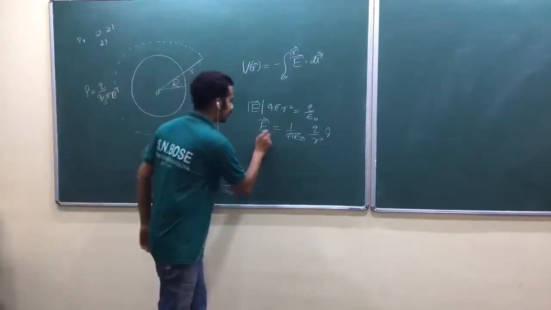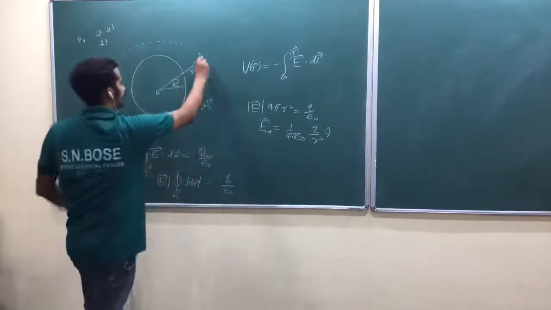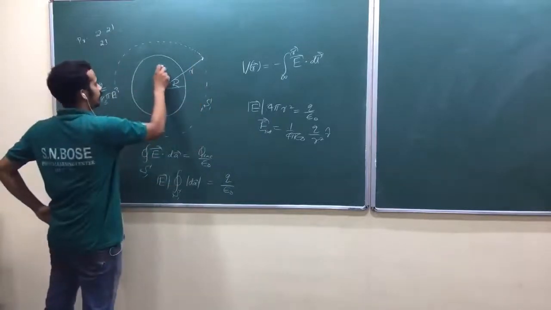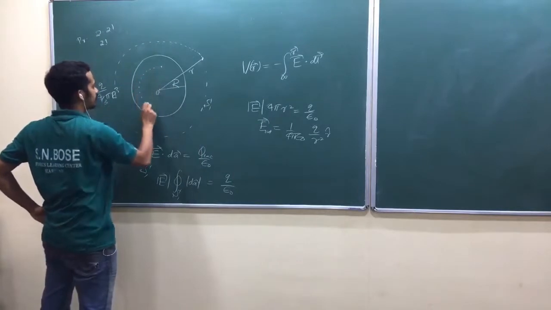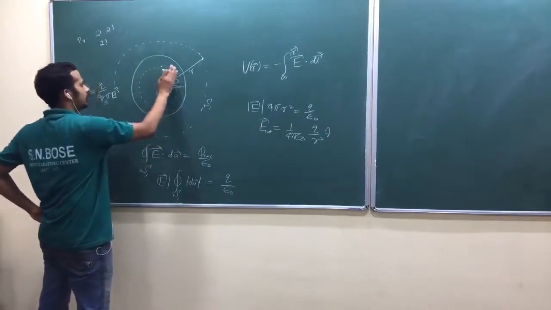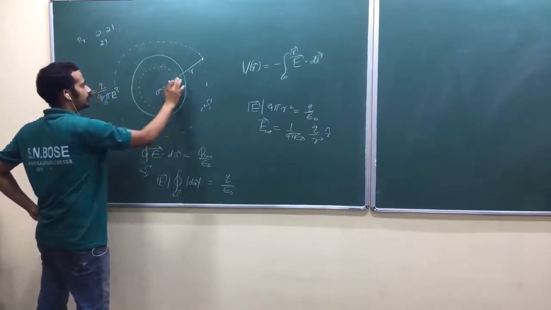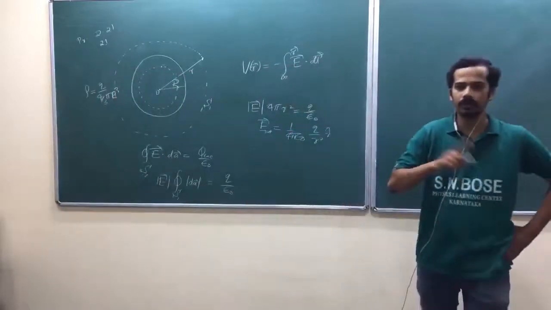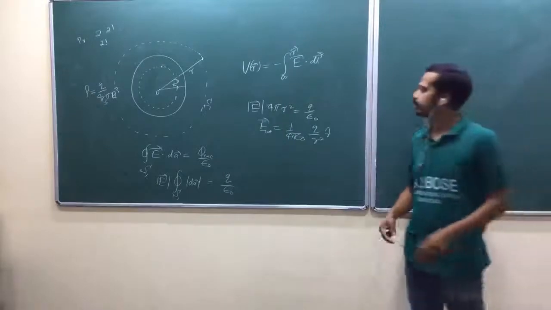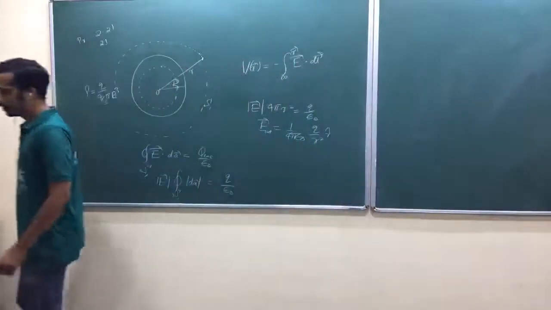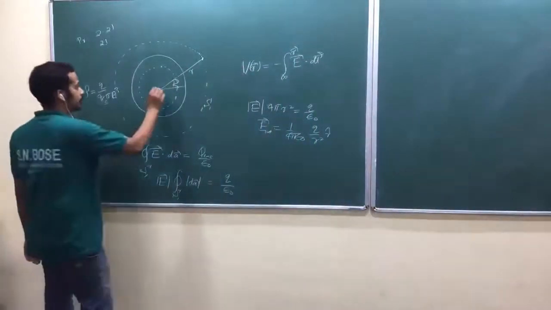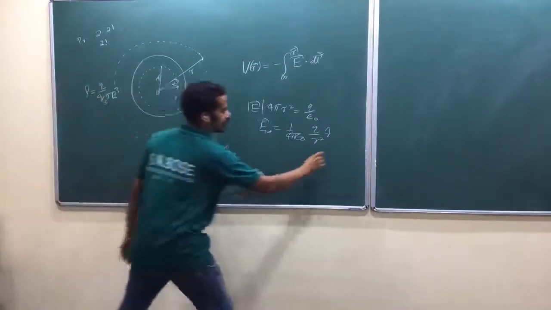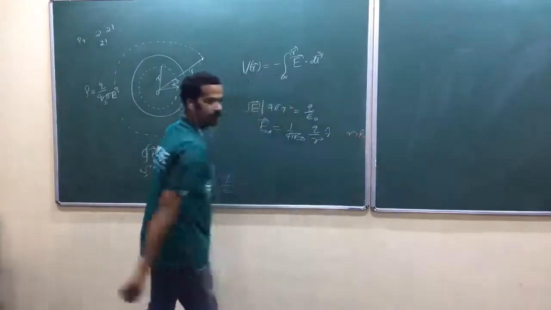This is E out. Can I write E out? That's better, because it is for the point outside. Now for the point inside, again I have to take a Gaussian surface. Spherical symmetry, okay? Again, all arguments will be the same. Electric field will be along r cap and depends only on radial distance. So I have to take a Gaussian surface, spherical in shape, of radius small r. Now this r is less than capital R.